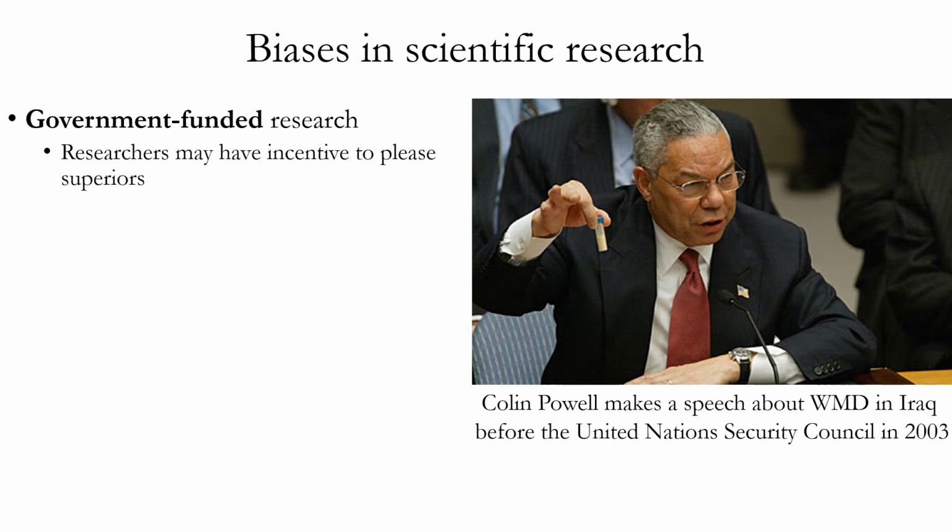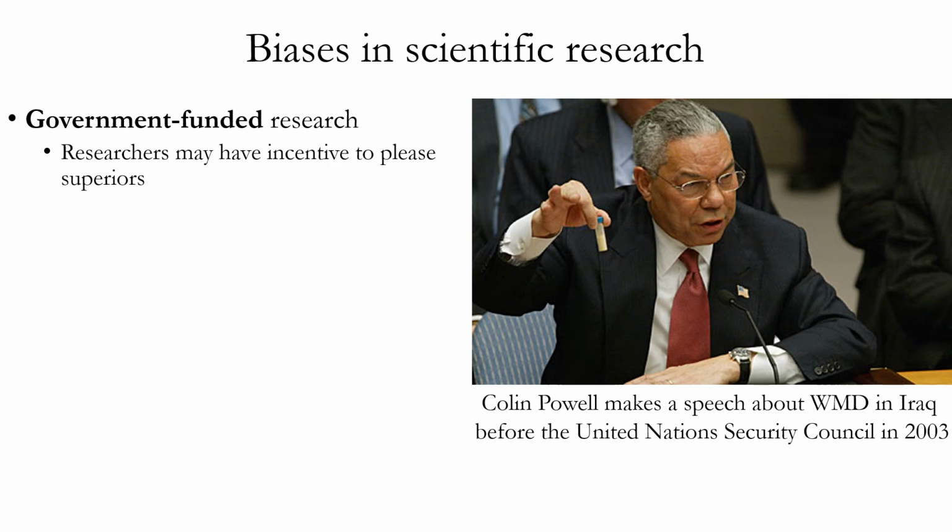So let's look at some of the various biases that operate in scientific research. The thing is, scientific research is in general the best source of information. It tends to be the most informed and the least biased. So this is not meant to impugn the credibility of science, far from it. However, we have to be very nuanced and careful as critical thinkers.